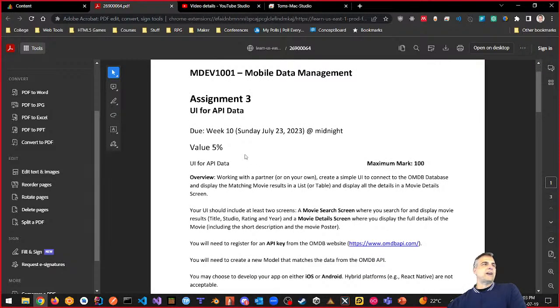Its value is only 5%, so not a huge assignment in terms of time. Remember, my motto is, if it takes you more than an hour per percent, it's too much time. It should not take you and the other person you're working with 5 hours max, and that would be huge. That would be too much time for this little assignment.